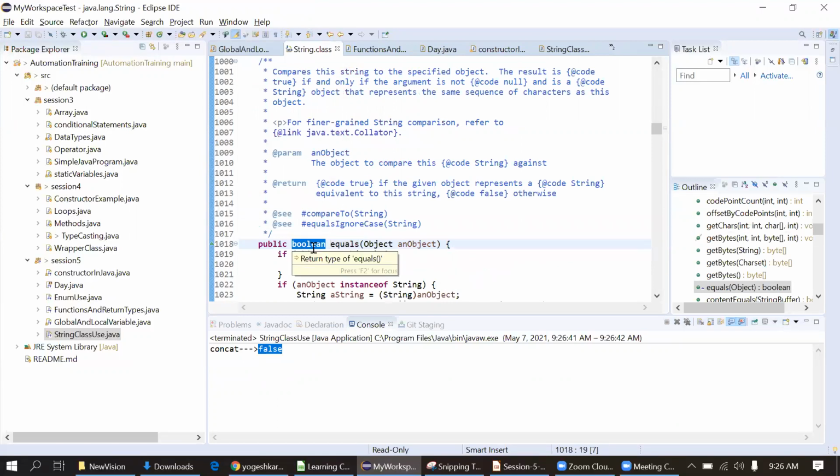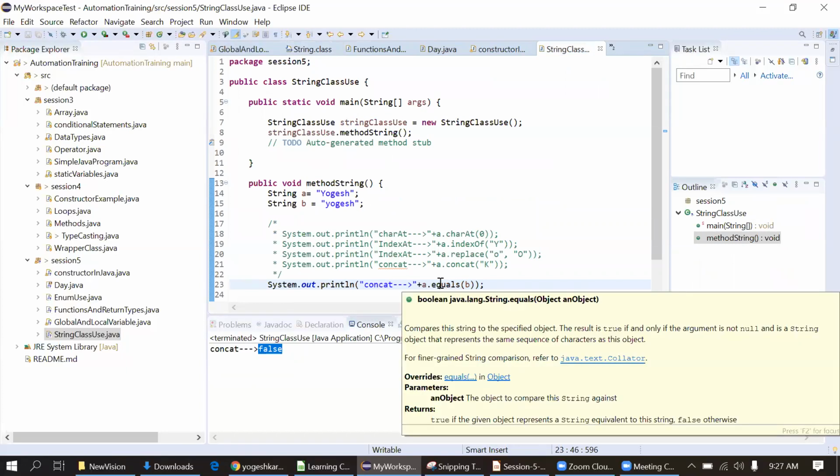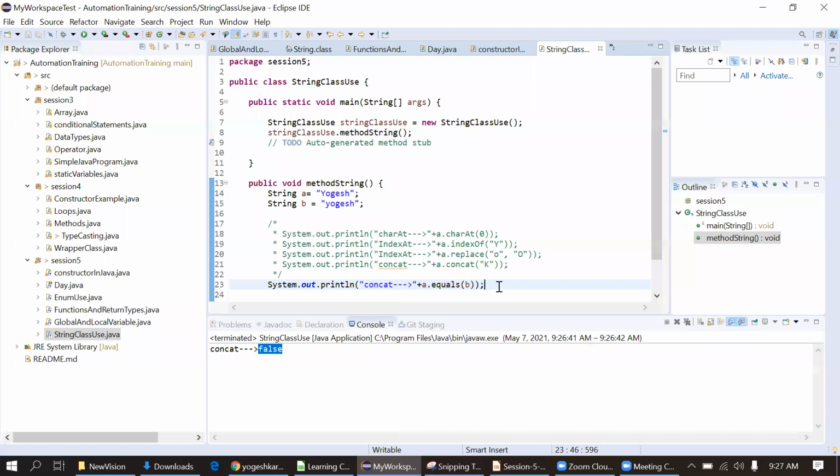This is an actually simple method that I'm showing, but in some cases, if you work on a new framework that is very new to you and you don't know the return type, you can go inside the method and look for the return type, and based on that assign the particular data type. Now, if I want to ignore the case, capital and small, there is another method in Java: equalsIgnoreCase. It will ignore the case and return true.